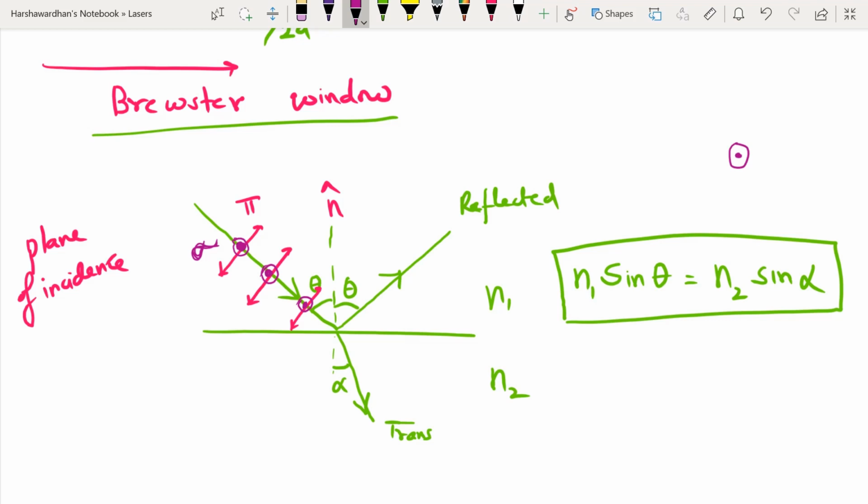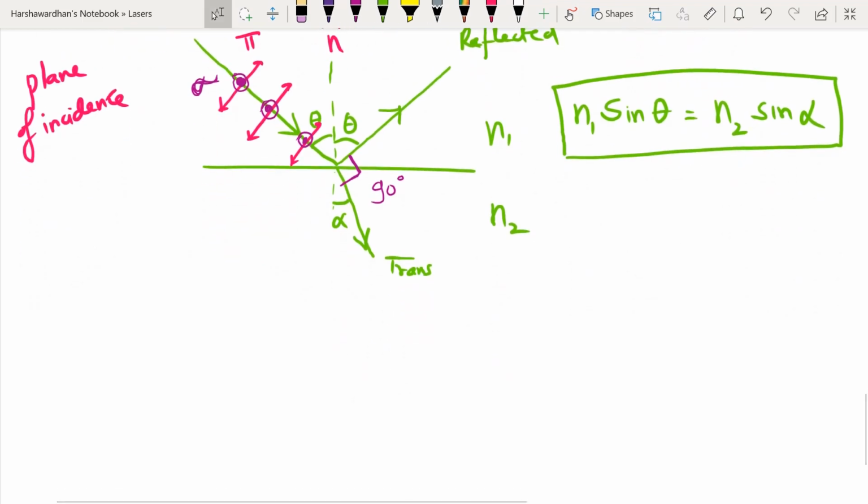Not just that, at Brewster angle, imagine that my theta was equal to theta Brewster, right? In that situation, what happens is that in the same diagram, my reflected light and the transmitted light have an angle of 90 degrees between them. If this is true, then that is the condition for Brewster angle. What it means is that I can write down